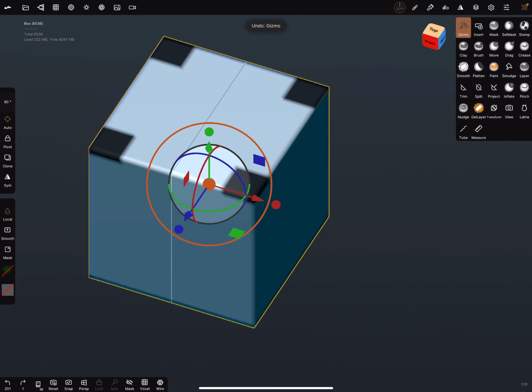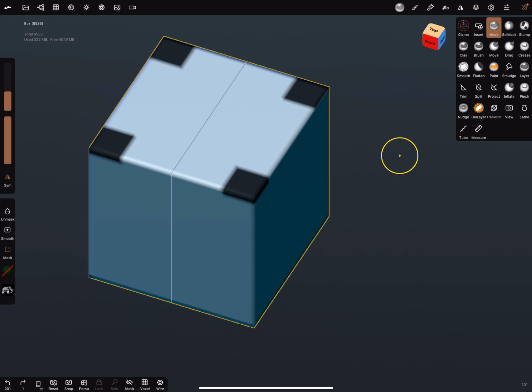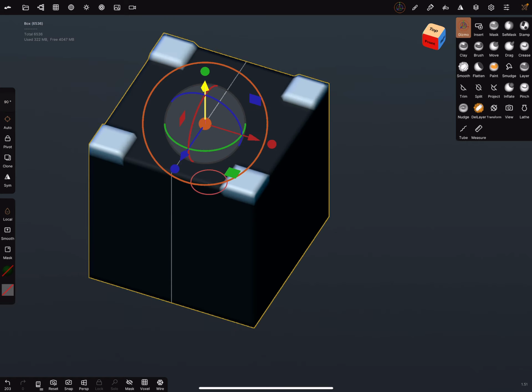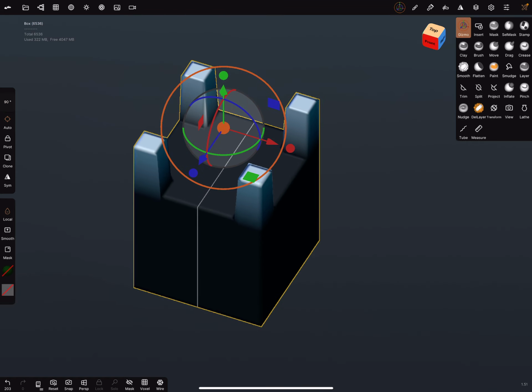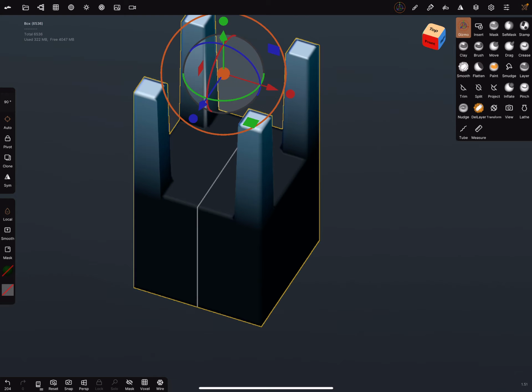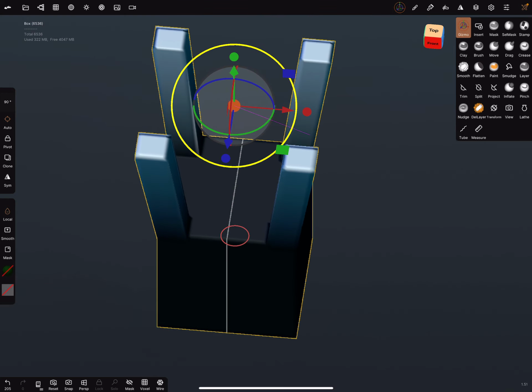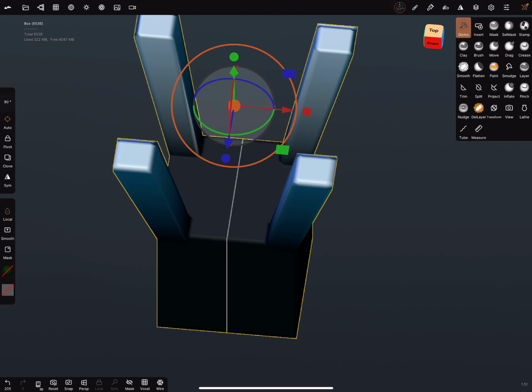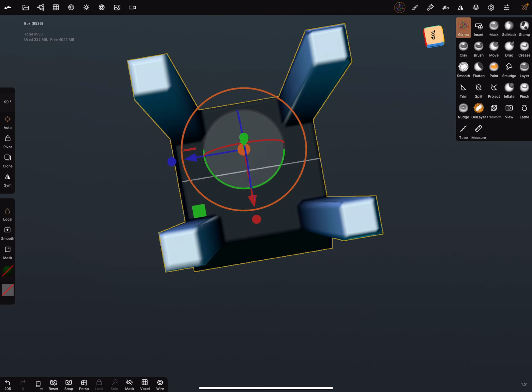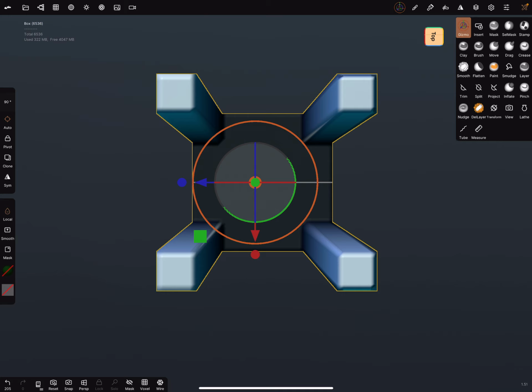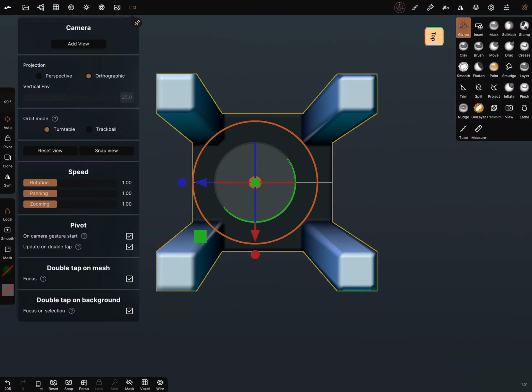mask, invert, and now you can make this. And then you can do such things. Top view. And in the view settings, make sure that it's orthographic.